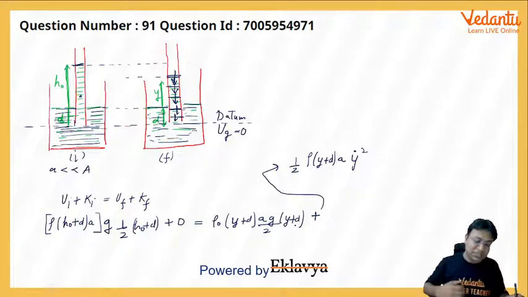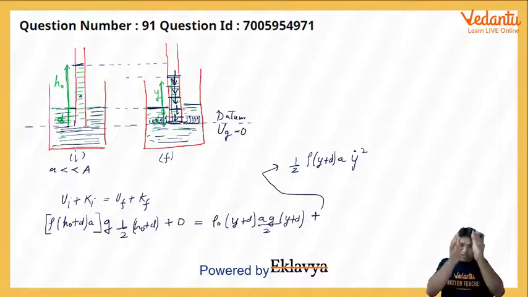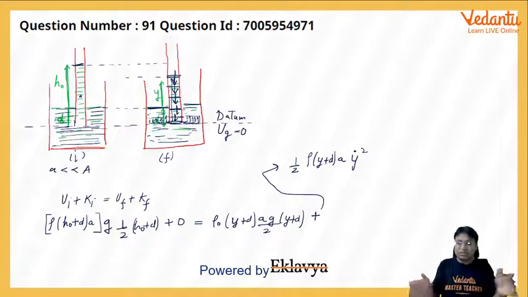Now there are a few things to understand here, or we have to consider this. Why am I considering kinetic energy of only the liquid present in the tube? Because the rest of the liquid is not really moving. Like what is happening, the liquid is coming from here, it is coming down, and right after it comes out of the mouth, we are assuming that the liquid is moving to the other part of the container, but the area is so wide that the increase in level of the liquid is practically very slow. So you can just say that water comes down and then suddenly it loses all the speed and it spreads. Something of that sort is happening, and that is where